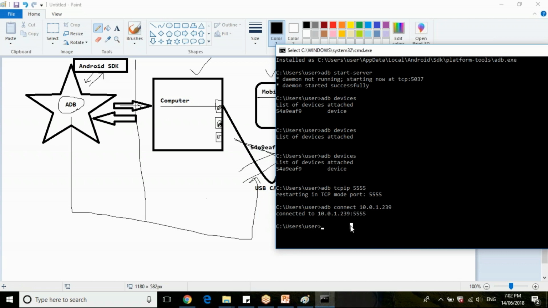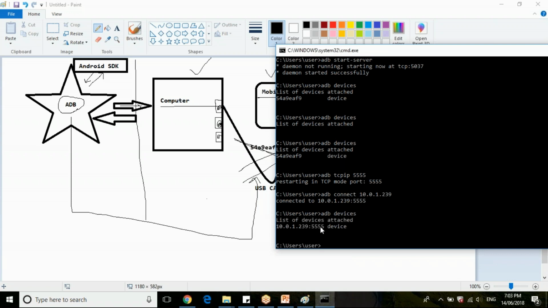Now if I check adb devices here, it will show the IP address, because you have connected the device over the air. You are not physically connected, but your Android Debug Bridge is still connected to your device over the air. Let me enter adb devices. Now you can see it with the help of the IP address.